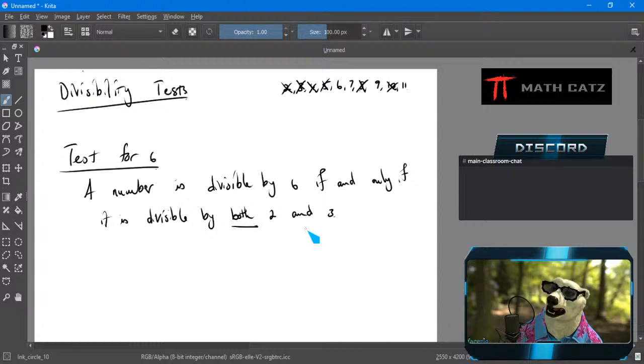So in order to decide if a number is divisible by 6, I need to check if it's divisible by 2, if it's divisible by 3, and only if I have both can I say, yes, it's divisible by 6. For example, let's take here